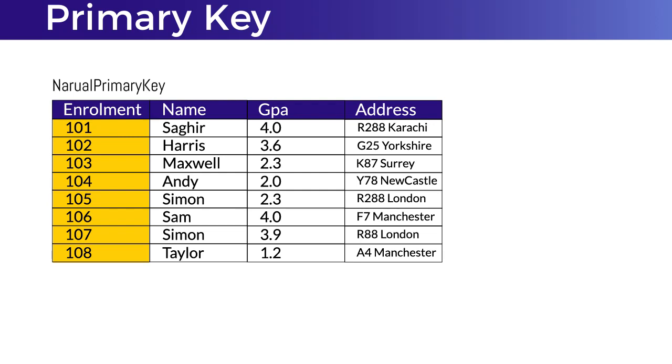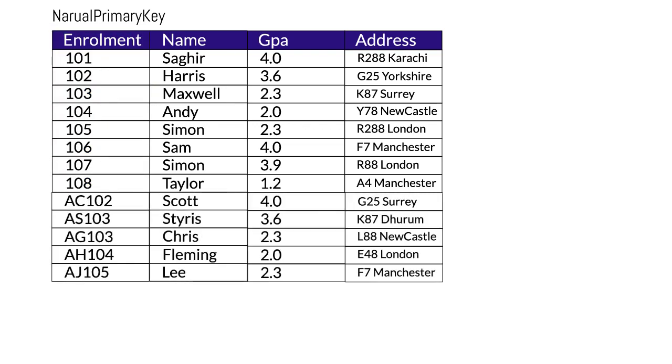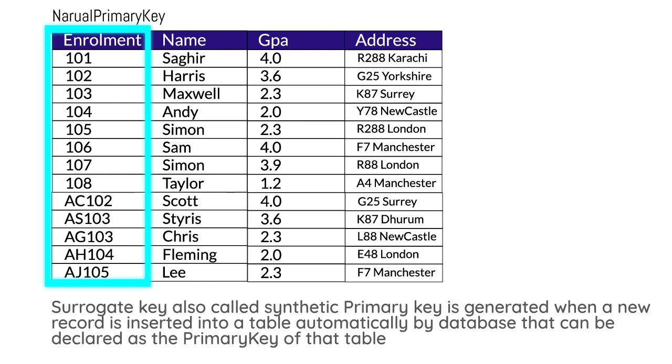There are situations where the natural primary key does not work and we need the help of a surrogate key. Suppose we are combining two universities' students. The problem is that one university has a different criteria for enrollment numbers and the other university has different criteria for enrollment numbers. Then it violates the terms of a primary key. A primary key is a sequence with similarity in numbers or alphabets.